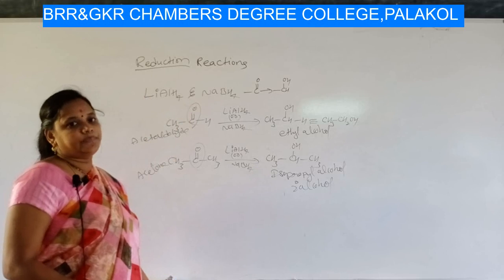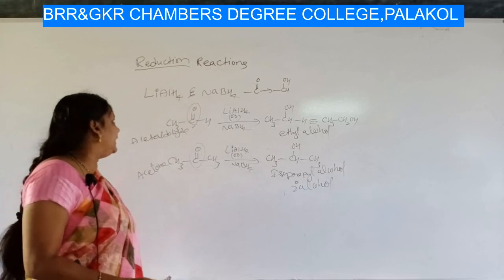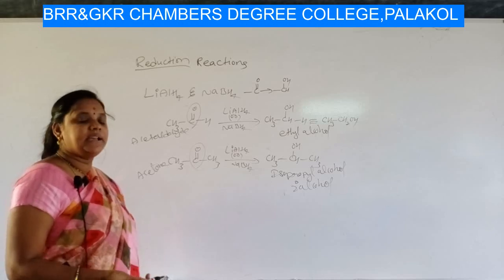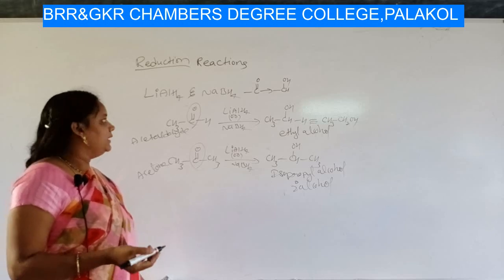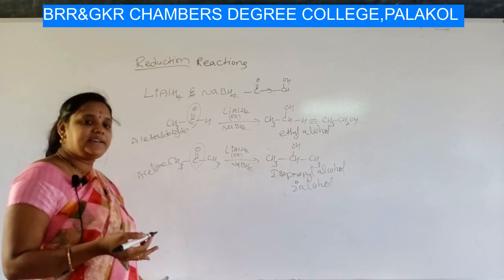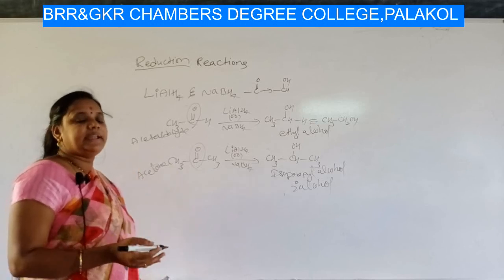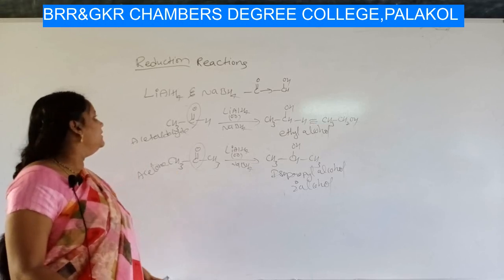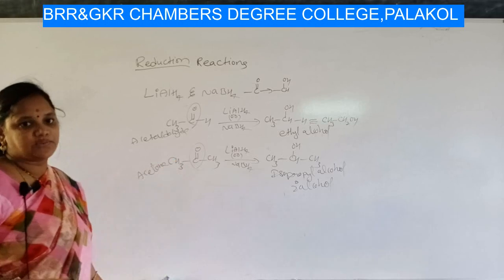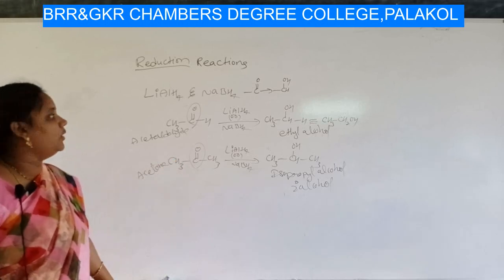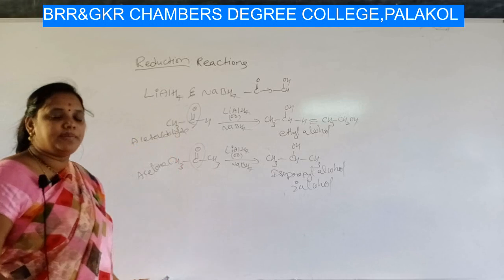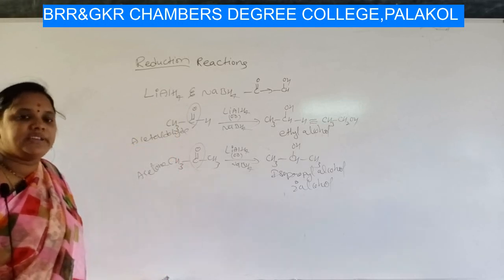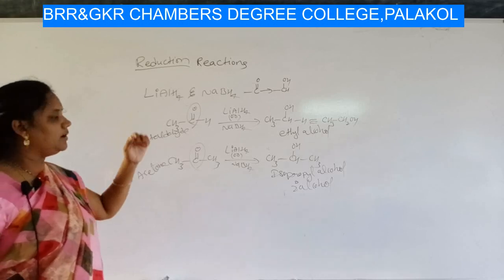Why is it so? Because of the more electronegative atom, the electron density on the hydrides decreases. Hence, when the electron density on the hydrides decreases, they can act less as a nucleophile. So, in this case, the two principles I have told you now work in the case of lithium aluminum hydride, which makes lithium aluminum hydride a stronger reducing reagent than sodium borohydride.